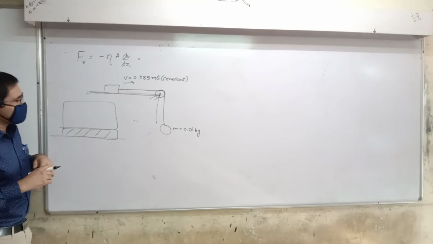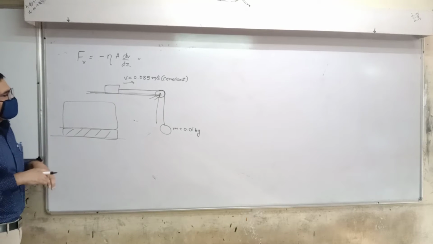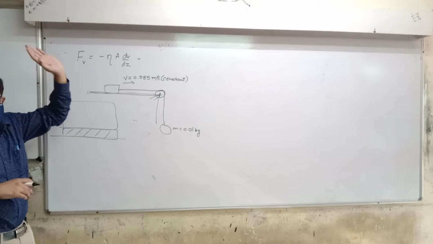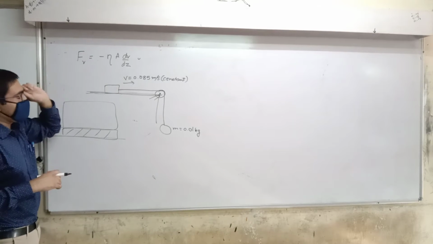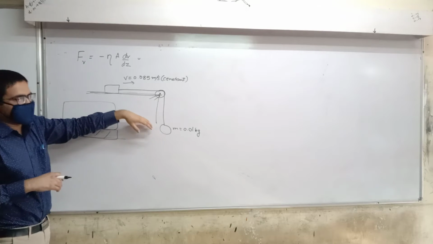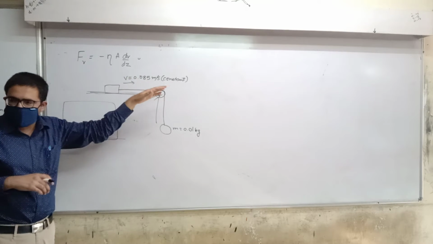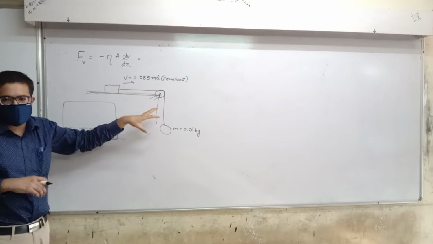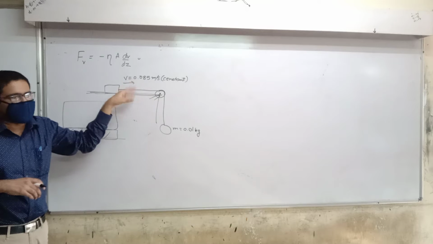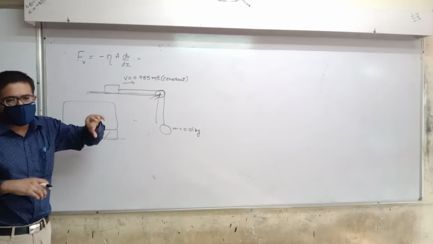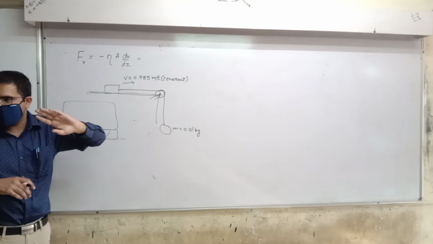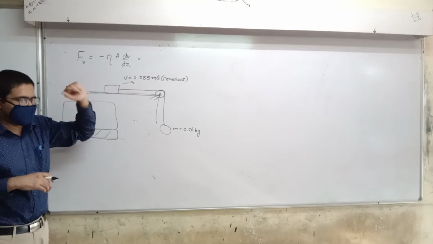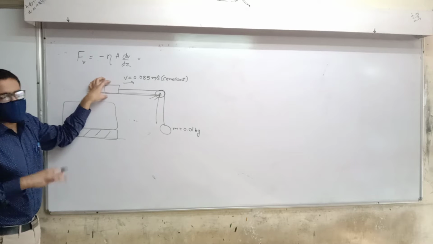Now, first of all, let's understand what's happening here. Forget about viscosity for a moment. Let's say this is a smooth table. Then hopefully you remember that we have learned that when you hang a mass like this, there is going to be an acceleration. And we solved lots of questions where we had to find acceleration in such situations. Correct? By drawing FBDs and then by making equations and solving them. Alright? Yes. Chapter 4. Am I wrong? Laws of motion. Fine?